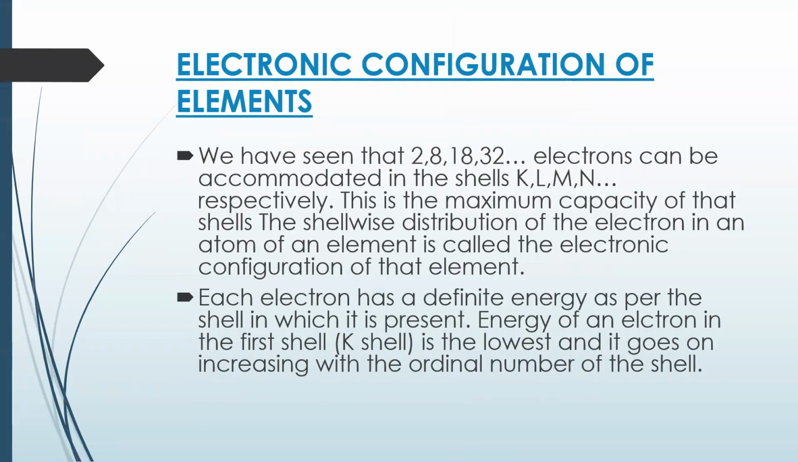Next, electronic configuration of an element, which is very important. 32 electrons can be accommodated respectively. Each electron has a definite energy as per the shell in which it is present. Energy of an electron in the first shell, K shell, is the